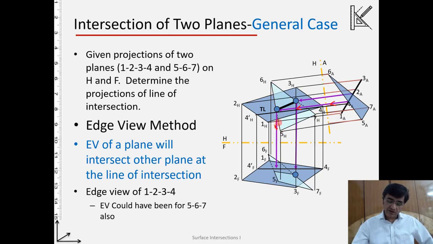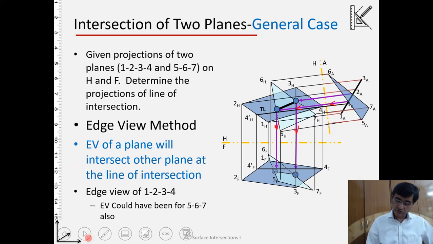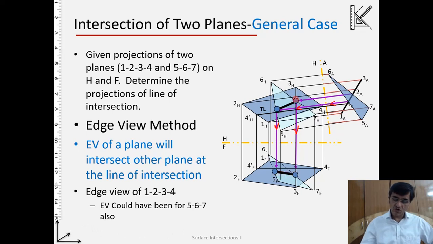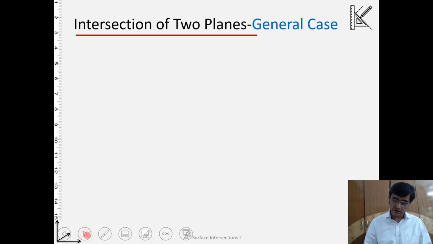By taking the projector to the frontal, where these projectors intersect, the projection of line 6, 5 as well as 6, 7, that is how I am identifying these points. So we will identify these points, and that is the line of intersection. So between the plane 1, 2, 3, 4 and 5, 6, 7, the line of intersection is over here, and that line of intersection has been now projected, and I can give it also the name.